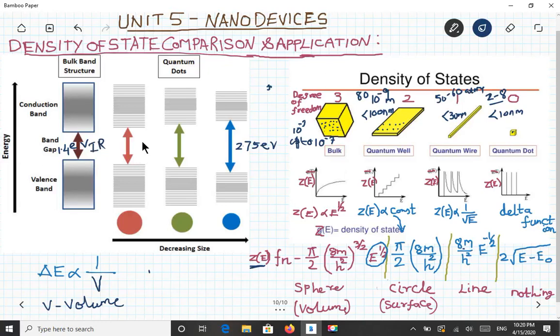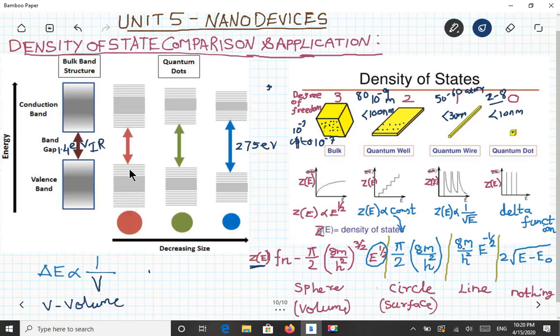But if you reduce the size of the material, the energy level will also get split up. If the band gap is low, it has a continuous energy level, whereas if the size has been reduced, you can see the split between the energy levels. That is, one atom means one energy level, so if there are a number of atoms, there will be a number of energy levels. So when you reduce from the bulk material, which has a continuous energy level, while going to the quantum well, the energy level gets split up in a discrete way.